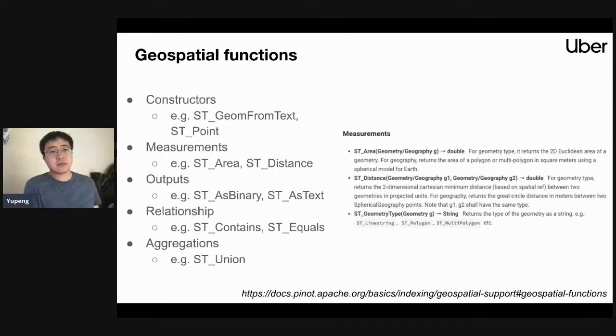So the geo functions can be grouped into different categories. There are constructors, for example, how you can create this from WKT or WKB, which I mentioned in the beginning. There are also measurement functions to calculate the distance and area. We can also store this geodata and serialize it as different types of output. The link below also points to the corresponding section in the user guide. You can take a closer look at the signatures of these functions